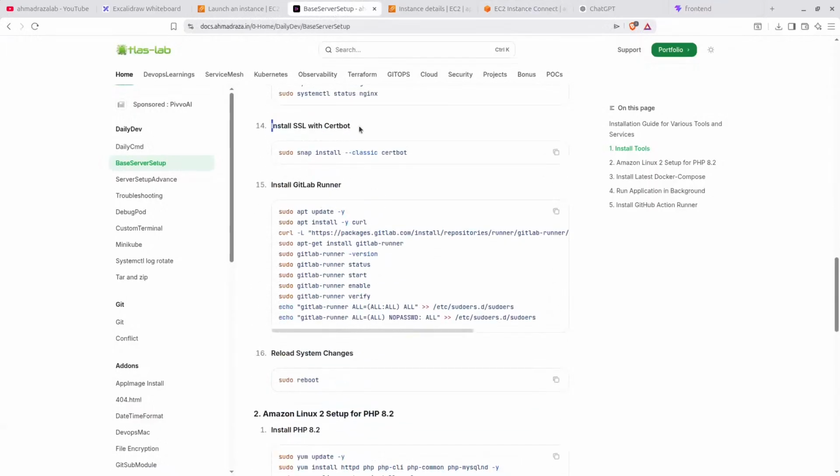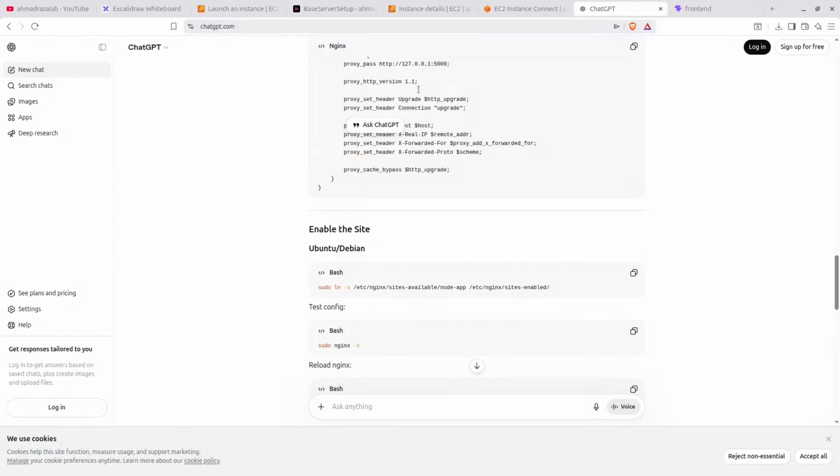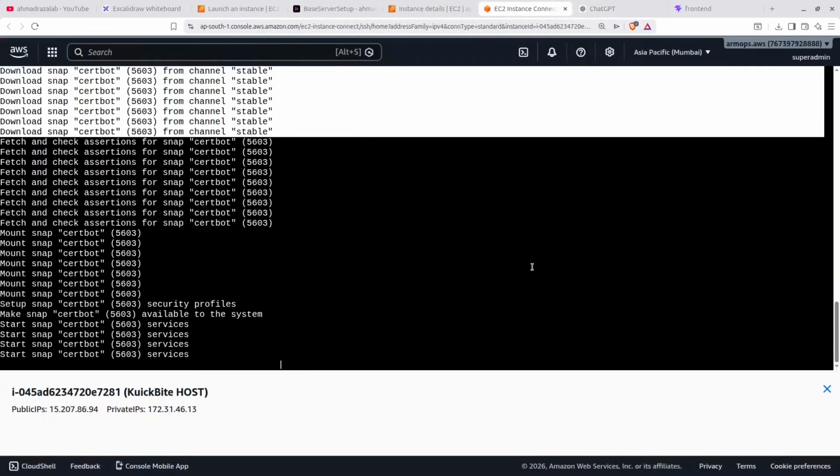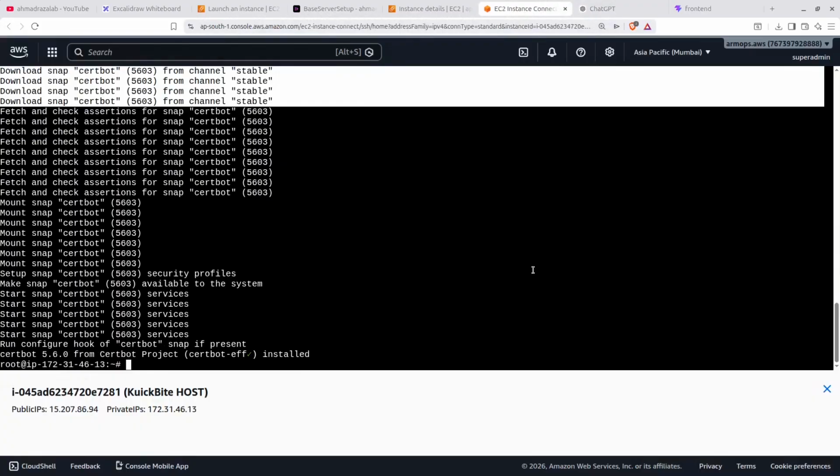You have to install a tool called certbot. This will help you install an HTTPS certificate, which is freely available. So just go to the EC2 instance and install this. Basically, Let's Encrypt provides a free SSL certificate. This enables HTTPS encryption for our application. So this is installed. Now run the